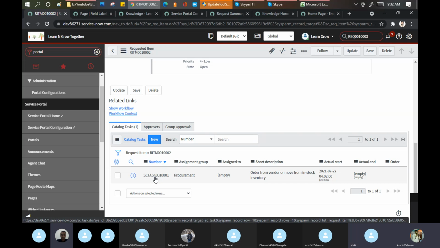I am giving you 3 new words here: REQ, RITM, and SC task. What is the relationship between these 3 terms?